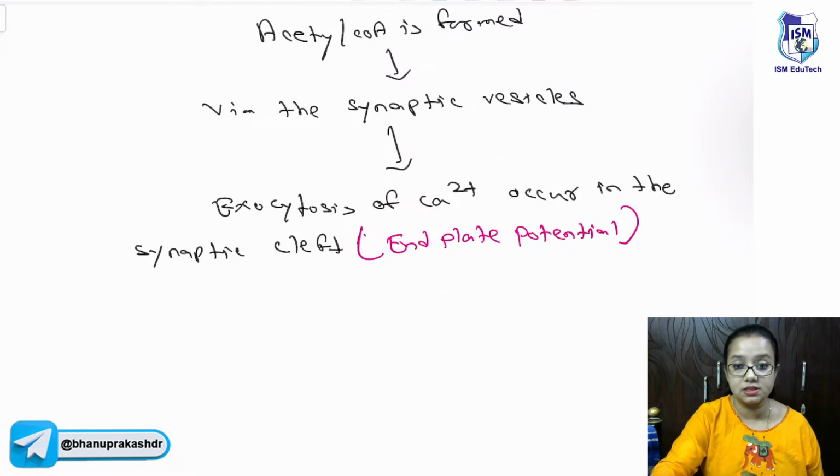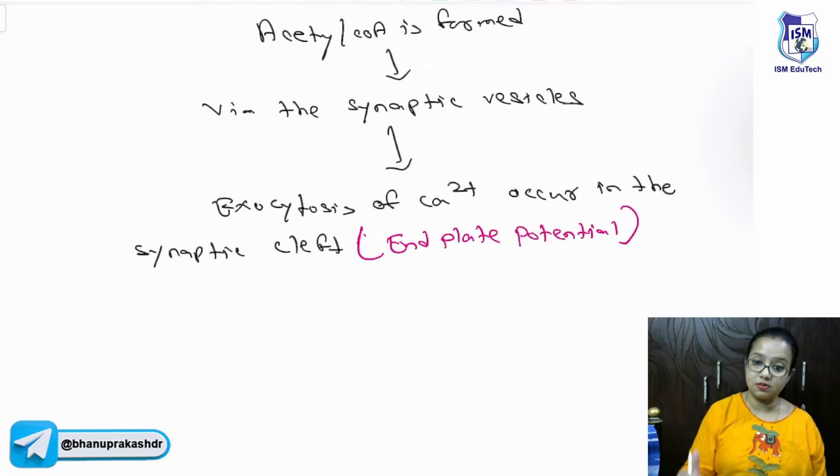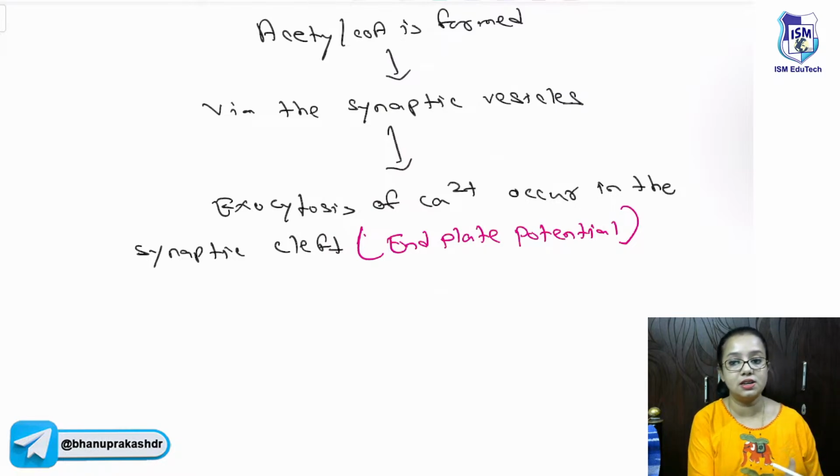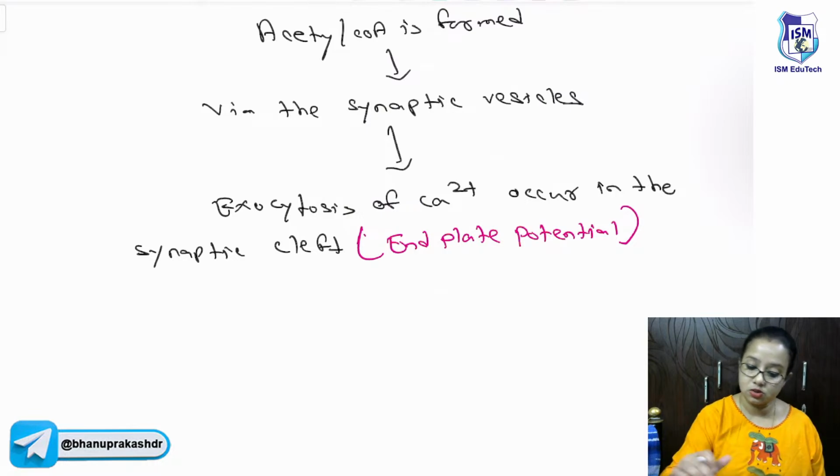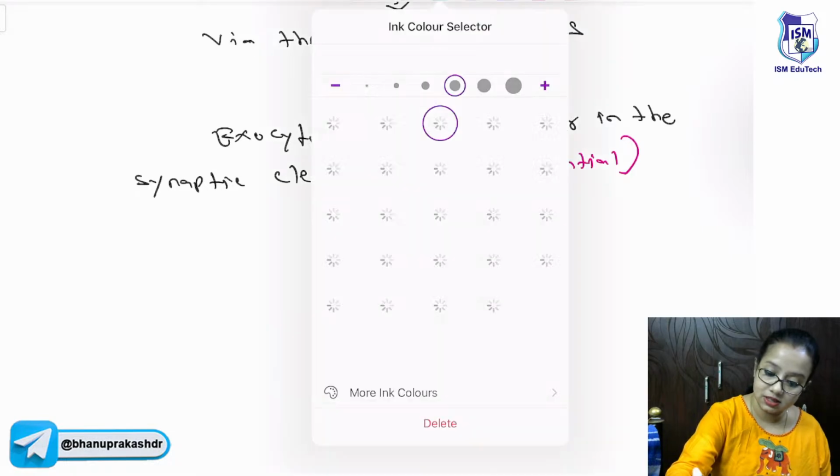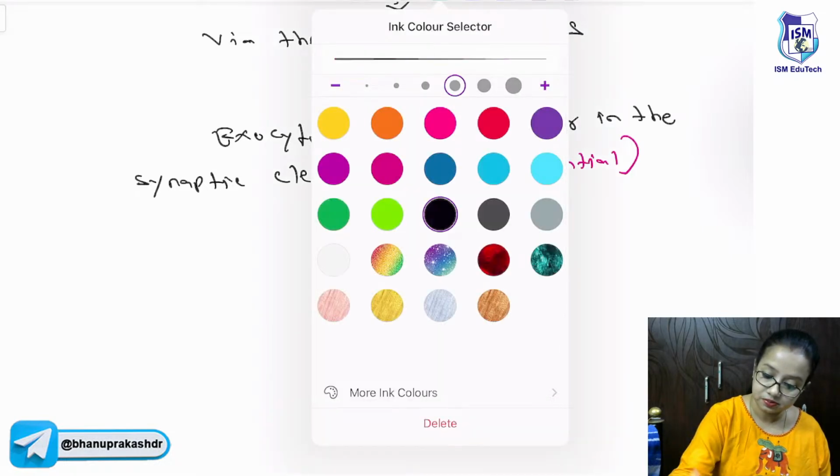Even during resting stage, when there is no wave of depolarization, there is still a little bit of acetylcholine that causes small waves of contraction of the skeletal muscle. That's why we have the tone of the skeletal muscle. So after this end plate potential is generated,